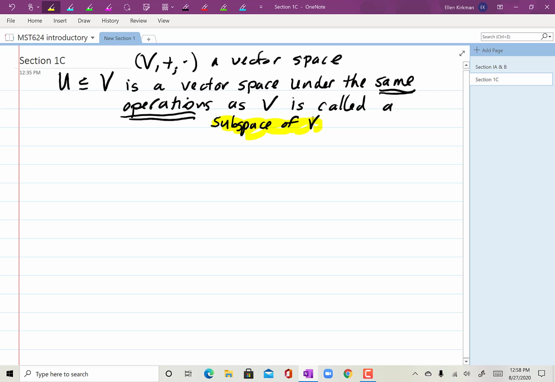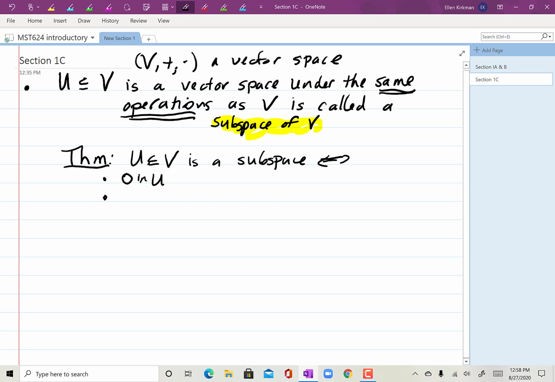Okay, so that's the first of these ideas. And so it turns out, and we'll show, so the theorem will be: U contained in V is a subspace is equivalent to having the zero vector from V in U. Okay, so we know the zero vector is in V, but we want it in U, and then we want just closure. So if we have two vectors in U,